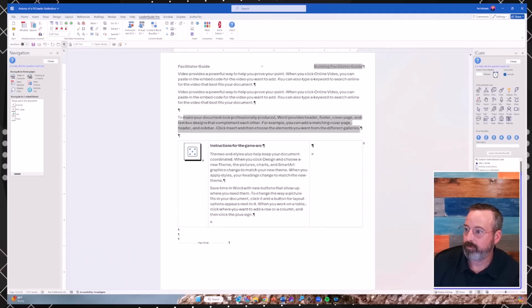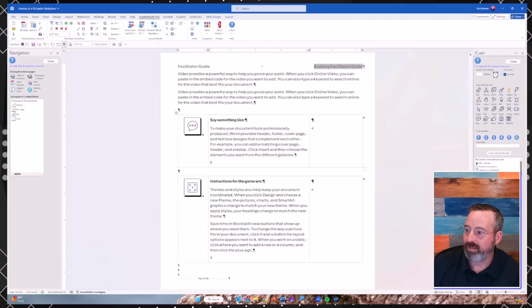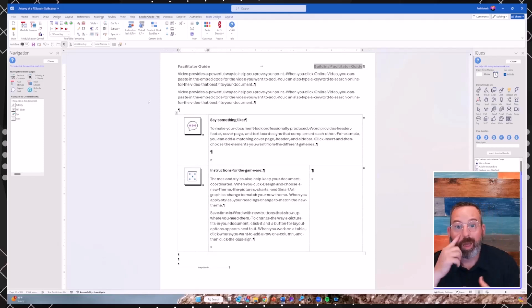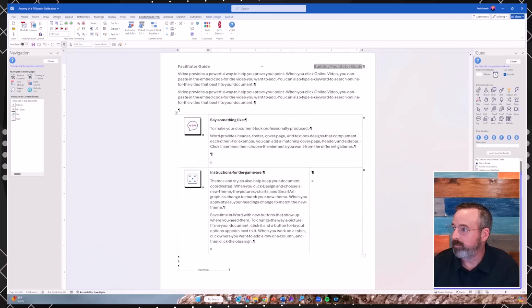Sorry. I started at the wrong side of the documents. I should have started at the top down. But I could go in, I could break this information up into smaller chunks, and I'm able to now have information that the facilitator can easily glance down, get the information, and this would be better off to be broken up into,